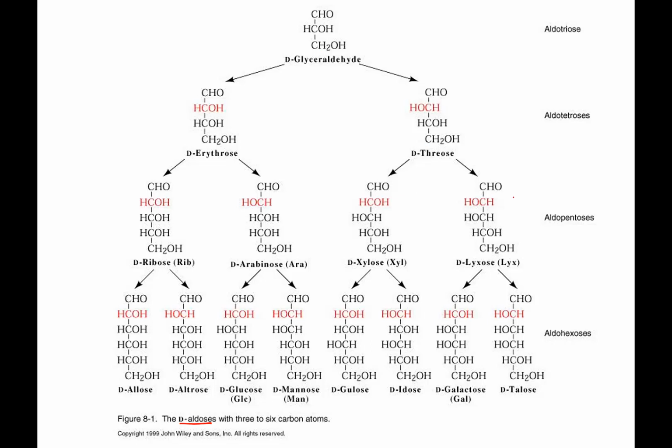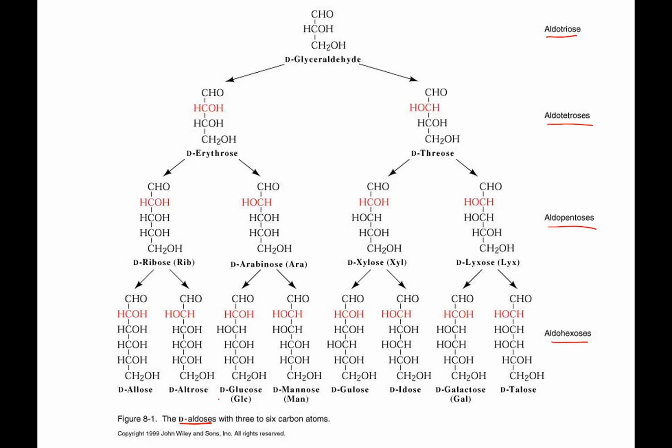In biochemistry terms, and it's been like 30 years since I've taught this, these are an aldotriose, an aldotetraose, pentose, and an aldohexose. The aldohexose is the one we mostly deal with, but you've seen these names before: erythrose,